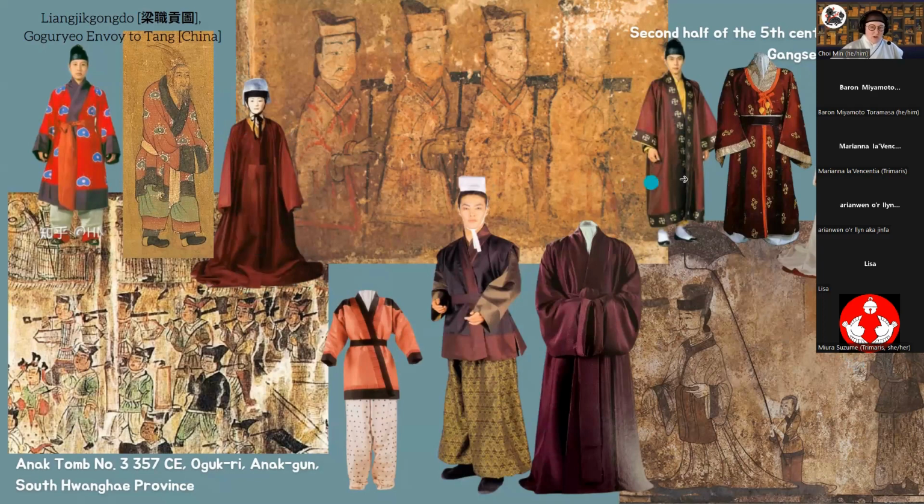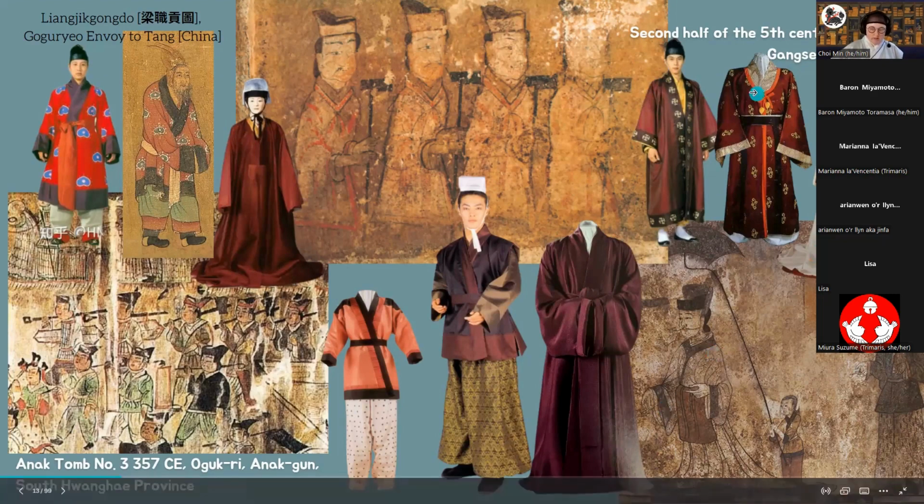So that's a repro. And then these two outfits over here are using the same extant as their interpretation. So this over here is also a maroon robe, and they're just thinking it just didn't cross, or it was a low cross over. And then this one here even has a tie in the middle, which is an interesting point that I'll bring up later when we get to a different culture that ties.